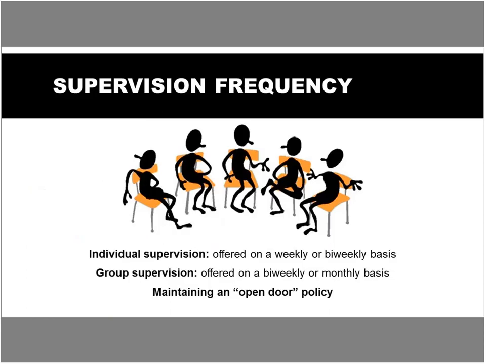We have some recommendations on supervision frequency that we found effective from youth peer advocates that we've worked with. So supervision of youth peer advocates is effective when it's scheduled in advance and occurs regularly, the same time and place each week or bi-weekly. In order to be successful, it's important for youth peer advocates to have a specified time and place to process and reflect upon their work experiences.